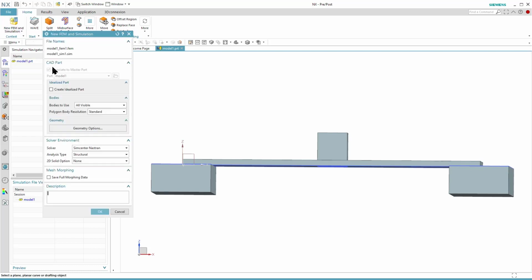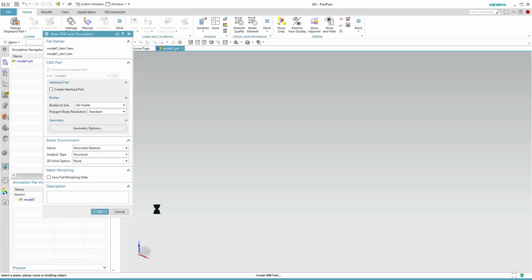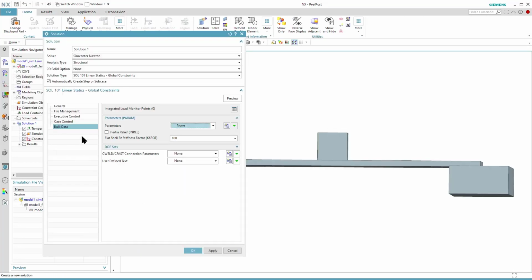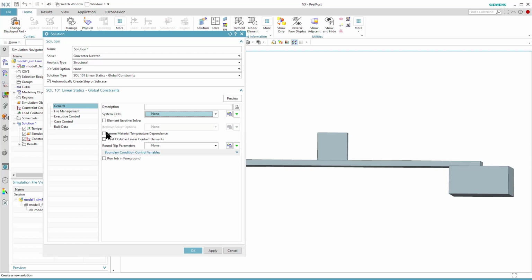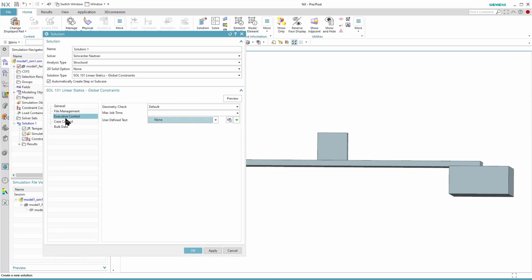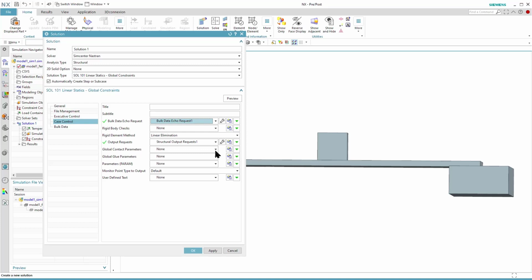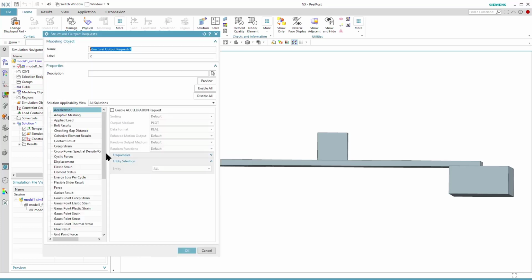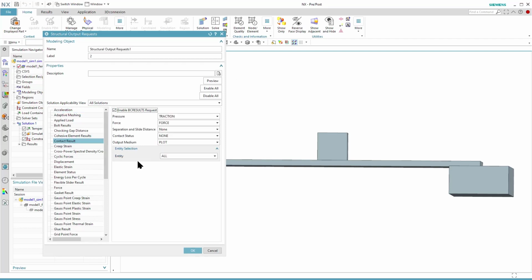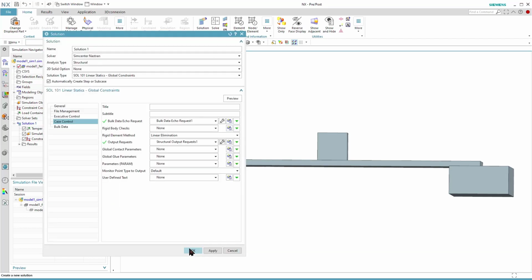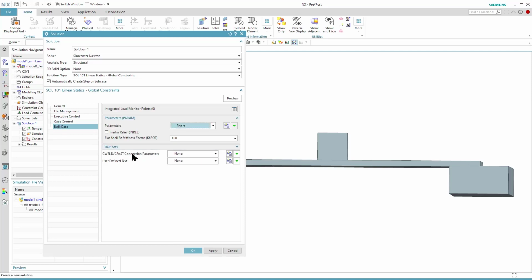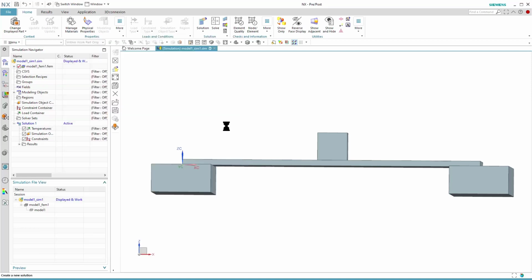I just started a new FEM and sim. Here I looked at the element iterative solvers active. I take at the output requests in case control this contact results active, and in the bulk data I put the parameters